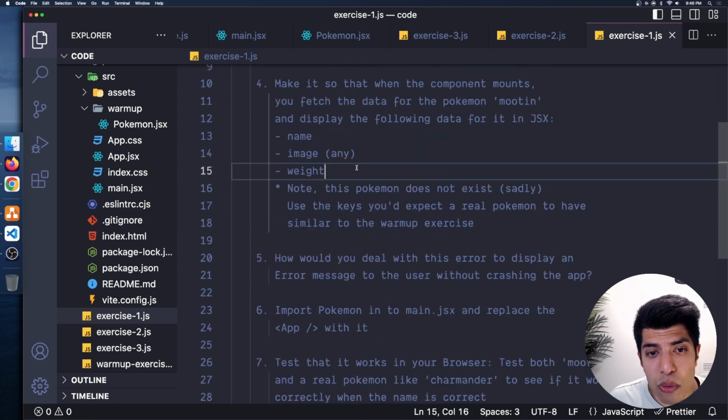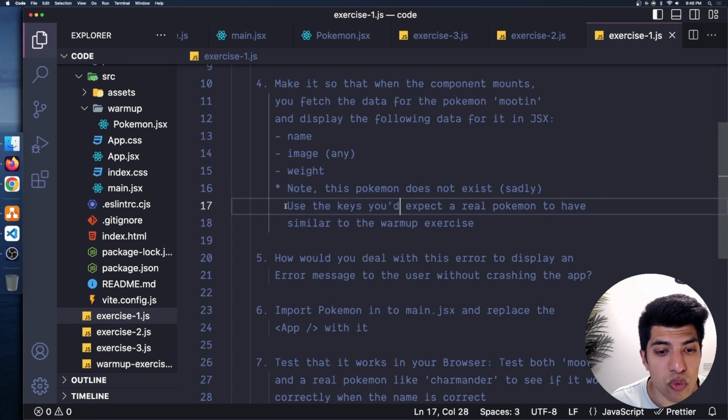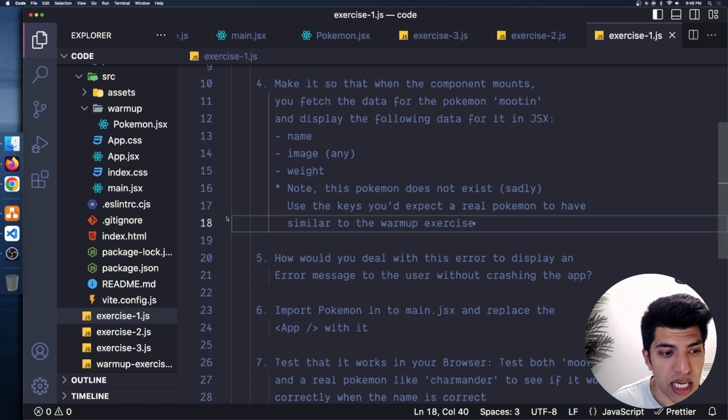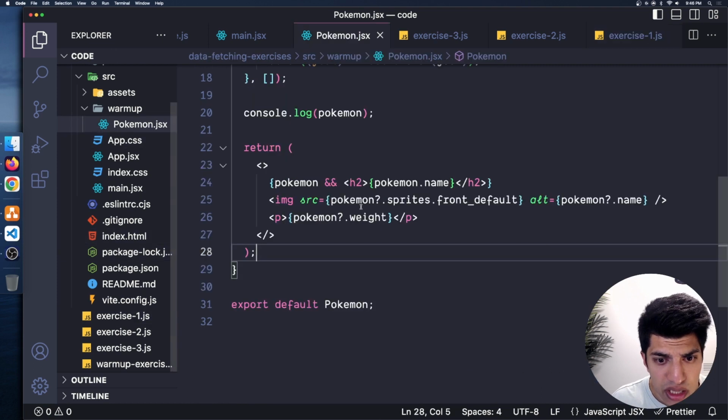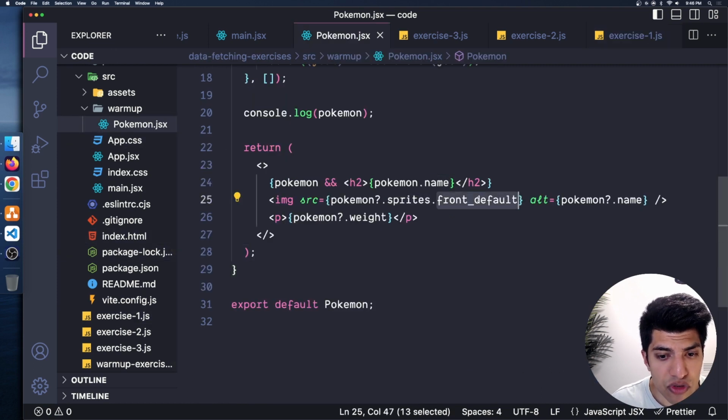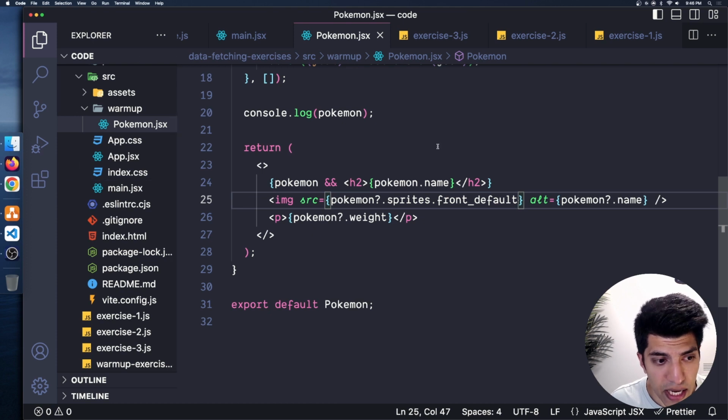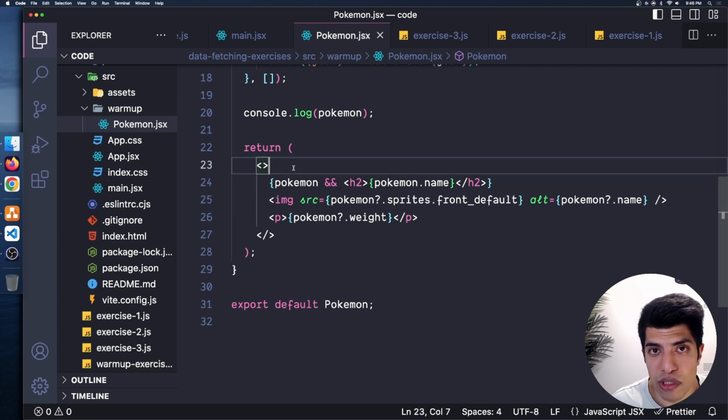So really what we're going to do is copy everything that we have from our warm-up. And if you don't have that, I'll just quickly explain it again. Note that this Pokemon does not exist, and we're going to use the same keys that we'd expect a real Pokemon to have, similar to the warm-up exercise, right? So if you look at this, these are the keys: name, sprites, front default, weight, name. Or if you use a different sprite or image, then you can use that same set of keys. We're pretending that this Pokemon does exist because all these Pokemon have the same format. But in this case,